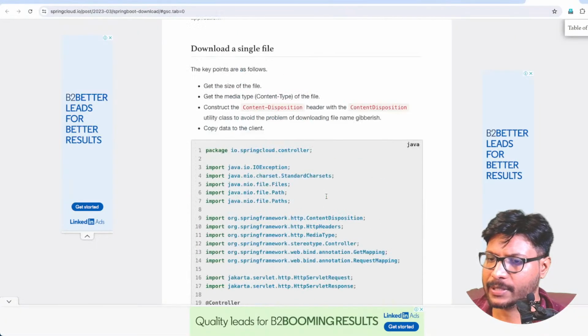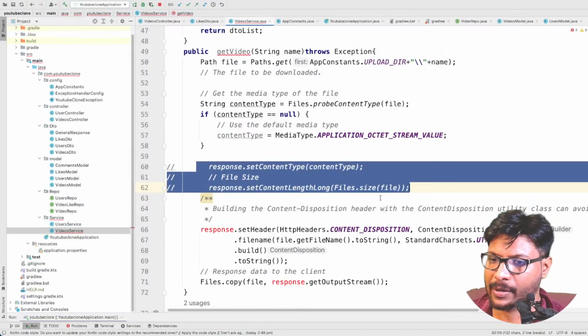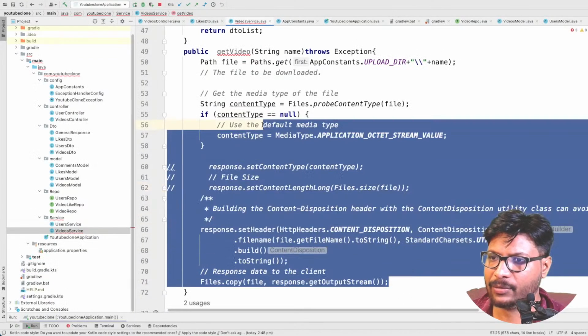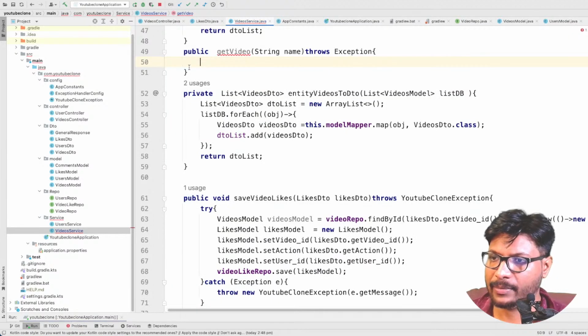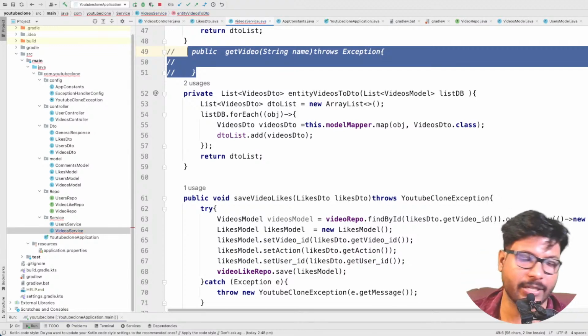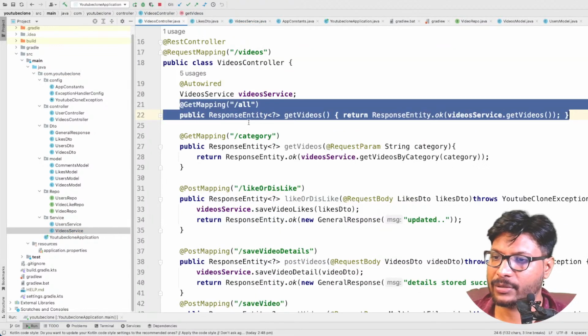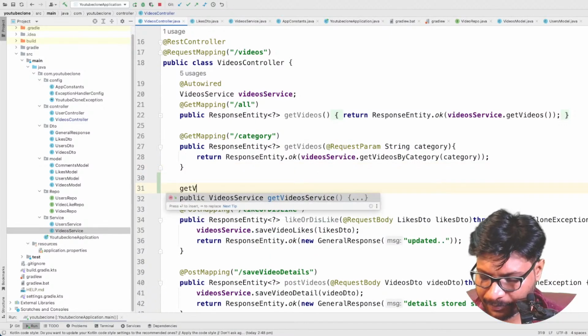What is this response he is mentioning? Okay, then guys, we can do one thing. We can just copy paste this one directly into the controller. Maybe we will first check whether the video is getting loaded or not, then we will move the logic to this controller. So I'm going into the controller and I'm adding a file, which is get